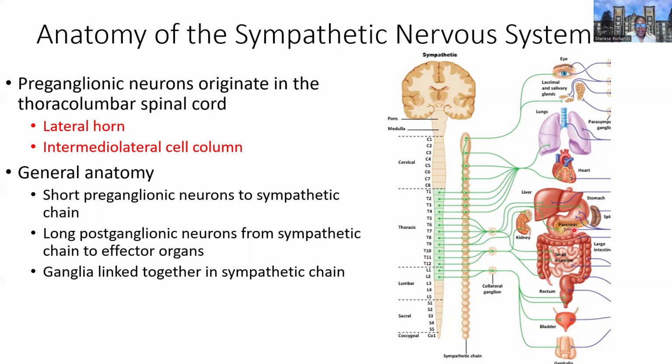Now, in the sympathetic system only, right? Really important to mark this. Usually students are confused, thinking that there's a sympathetic chain and a parasympathetic chain, which is not the case, right? There's only a sympathetic chain, and there is no parasympathetic chain, and there's no analogous structure on the parasympathetic side.